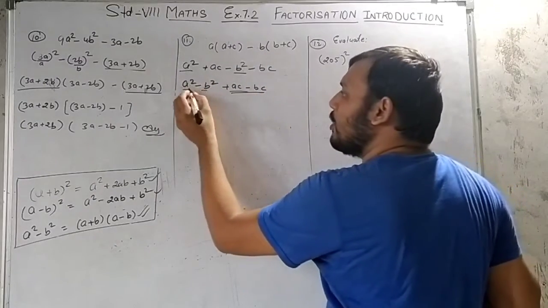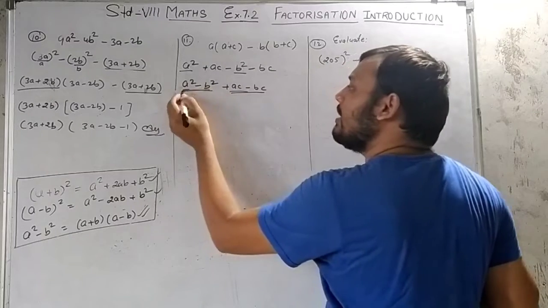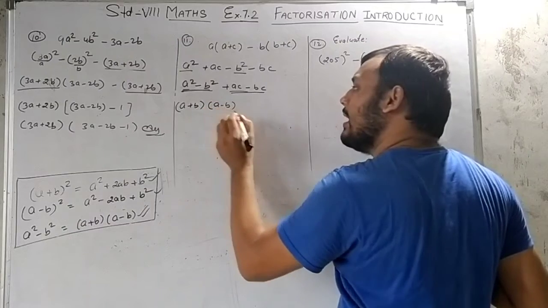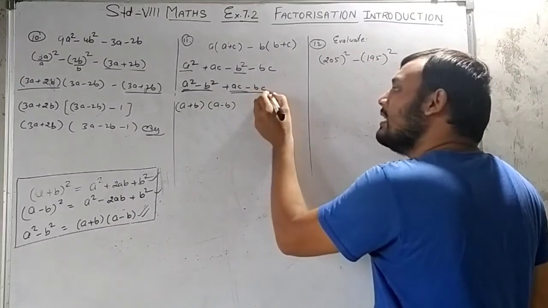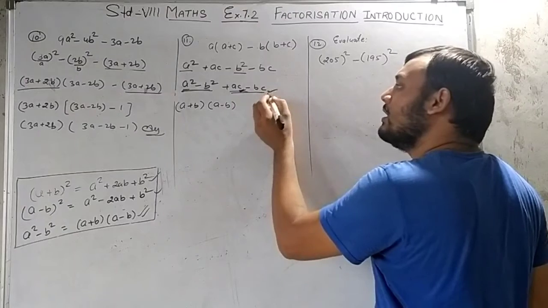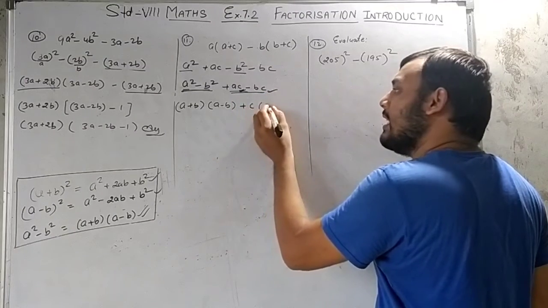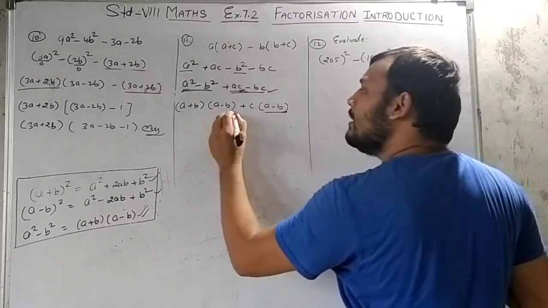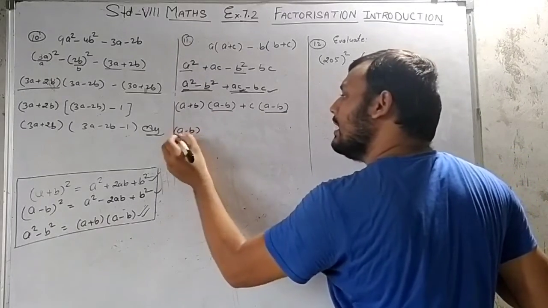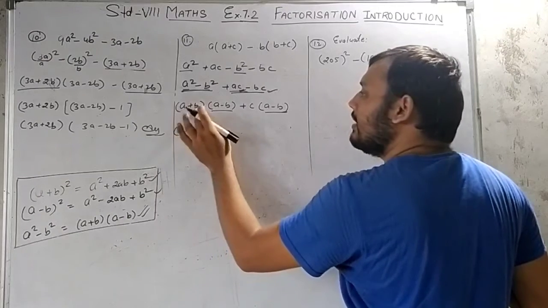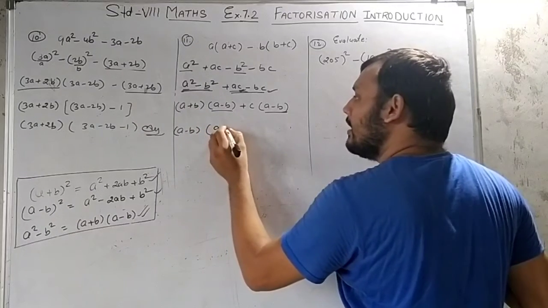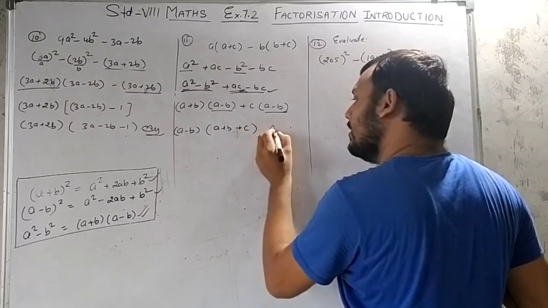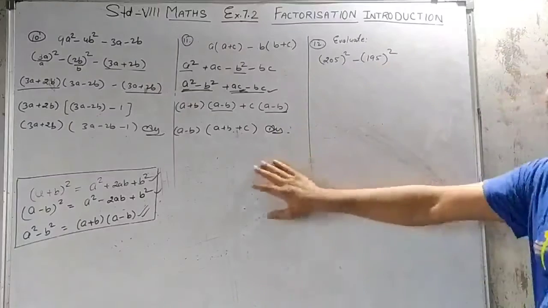This is a square minus b square, let it be, and this part let it be like it. So if this one is a square minus b square, we can write it as a plus b and a minus b, and from here you can see that c is common in both the terms. So we can take common c and we will get a minus b again here. You just see here a minus b, a minus b. So here it will be a minus b, and here this one will remain as a plus b and this plus c. This is our final answer regarding question number 11.